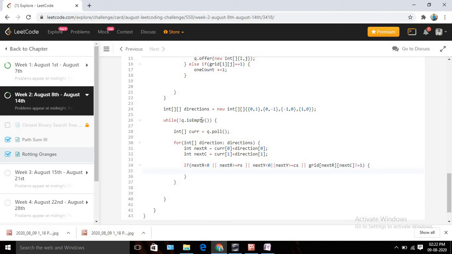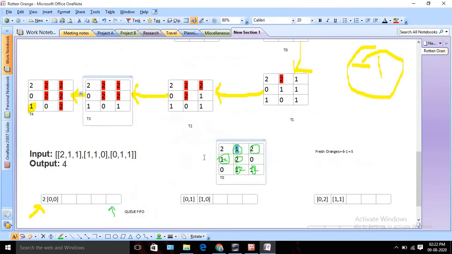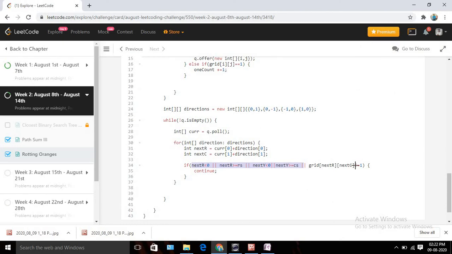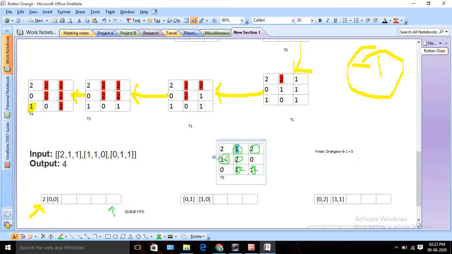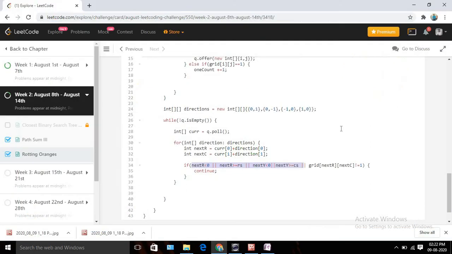That means if I found any of these conditions matching, we are not going to perform anything, we just continue, right? We will check for the next direction, right? Since these 4 conditions are basically used for avoiding the array out of bound exception, right? Because we know for this one we have only 2 directions, right and down, not upper and left. That will cause array out of bound exception, right? So we are just covering those things. And if it is not equal to 1, so it can be either 2 or 0, right? We will not bother about those 2 values, 0 and 2. So we will consider only the 1 value.